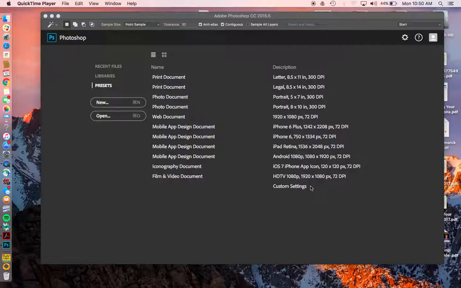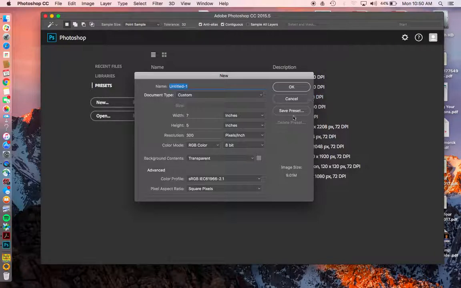For example, if you're going to be doing a mobile app or designing some kind of a document for a mobile app and you're working on a 6+, it gives you the dimensions in pixels and then gives you the resolution, 72 dpi. So I answered my own question. So you can see how it jumps from 300 dpi, which is a higher resolution, to 72 dpi, which is your electronics resolution. So we're going to go ahead and just click on open, or new, excuse me, and talk